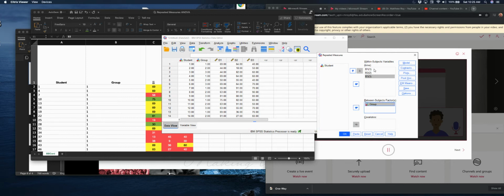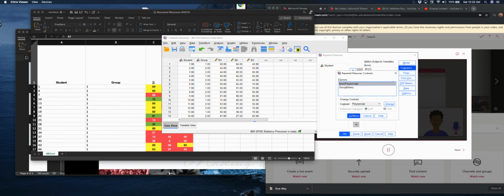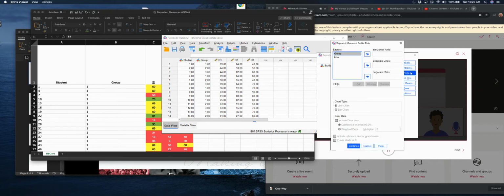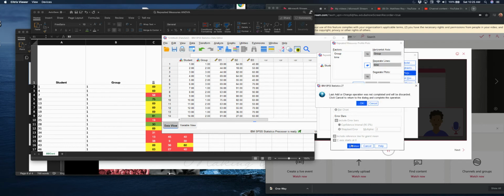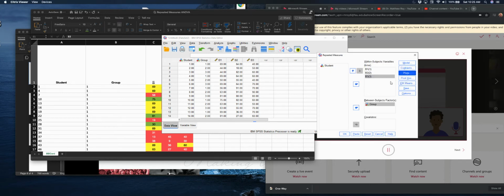And then I'm going to go to, let's see here. I don't want to change anything there. I do want to plot, even though I don't need to use it. I'm going to use it here. I'm going to put group on the horizontal axis, and then I'm going to put time on separate lines. Click continue. And then for post hoc,